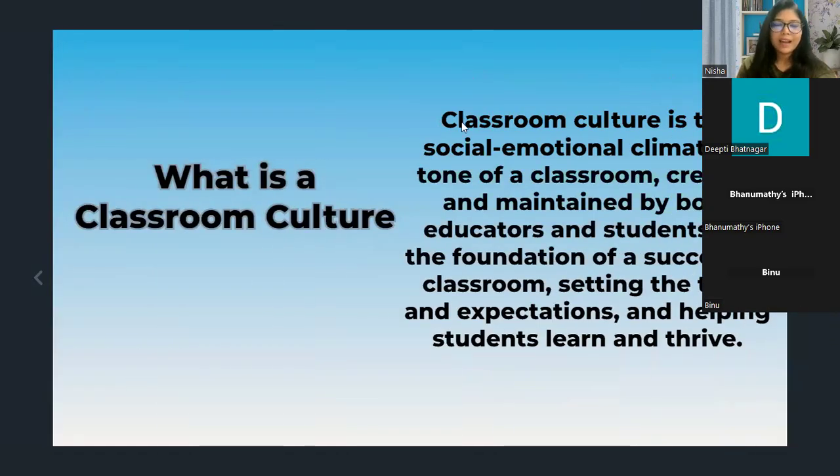So let us first understand the word classroom culture. What does it mean actually? It is a social emotional climate or the tone, or we can say the whole environment of our class, which can be created and maintained by both the educator and the students.